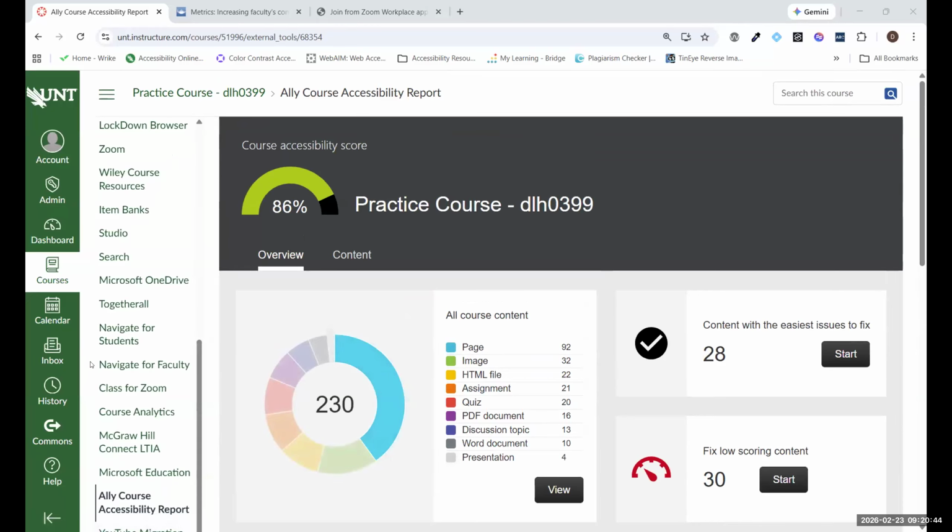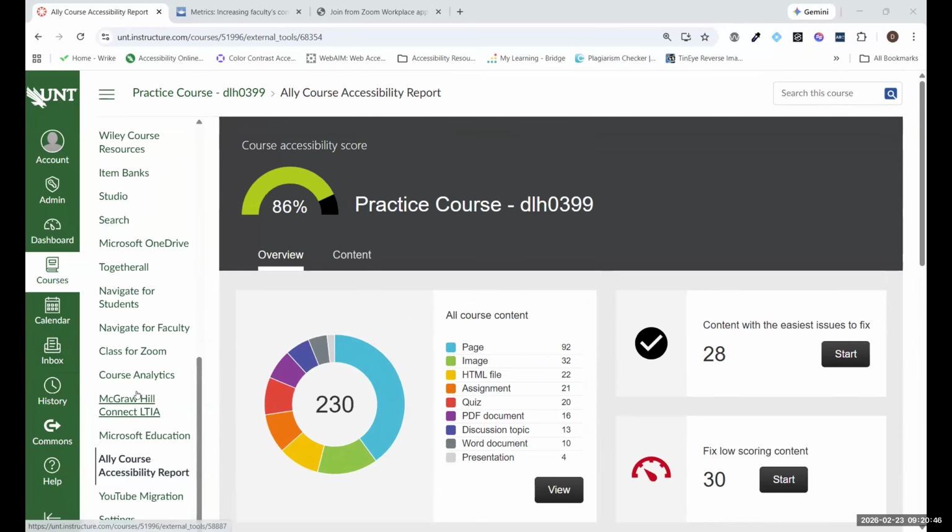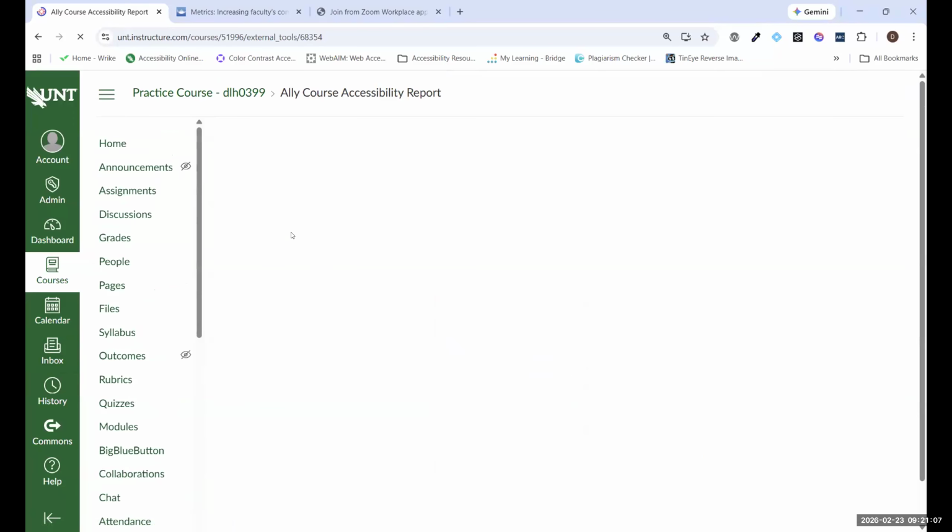So this is my practice course. I do a lot of accessibility testing here. So I purposefully make inaccessible content so that I can figure out how to remediate it accurately and more efficiently. So when you open up Canvas, the tab that I mentioned earlier is going to be on the left side of the screen. It says Ally Course Accessibility Report. You'll click on that and it should take you to this screen here,